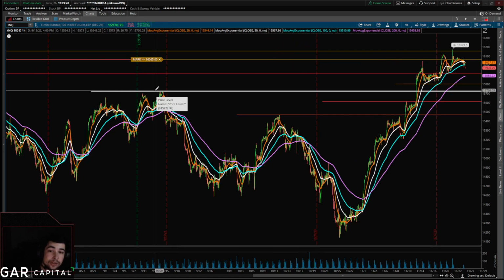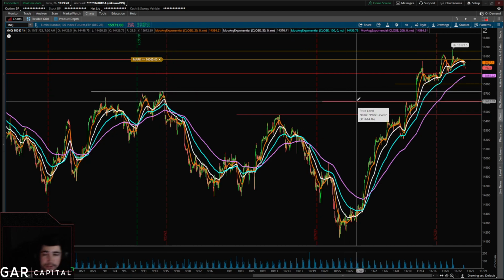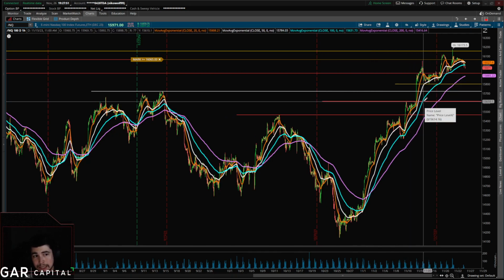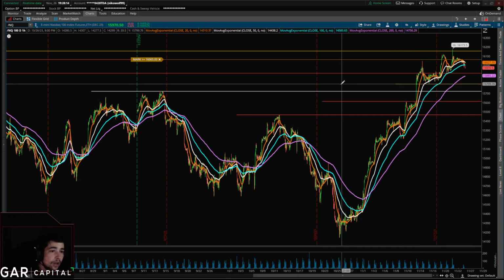If for whatever reason this support level starts to break, the next take profit would be 15,614, and that would be kind of the last take profit I would target, because again, I don't think we end up really below 15.5. Anything can happen, but I'm not leaning in the direction that we end up below 15.5. That's a bit much, considering we only have to just retest the breakouts of 15,614 on NQ, and on ES the breakout level was 44.30.